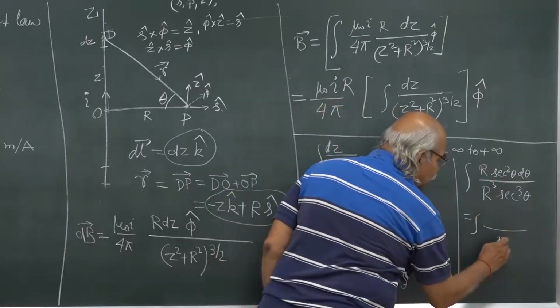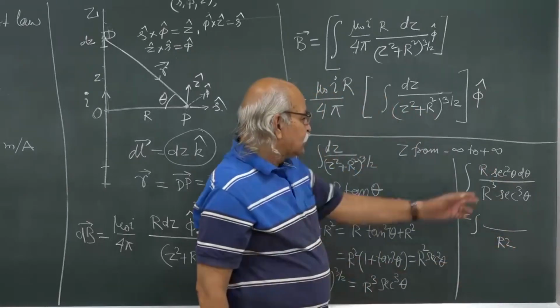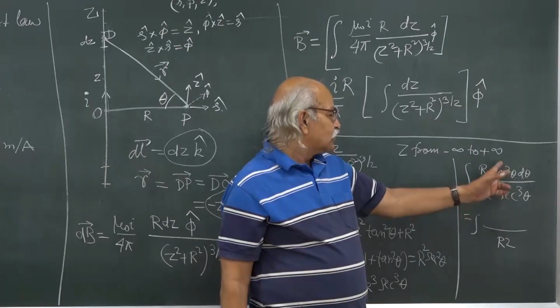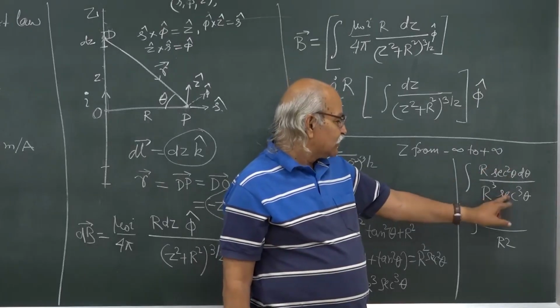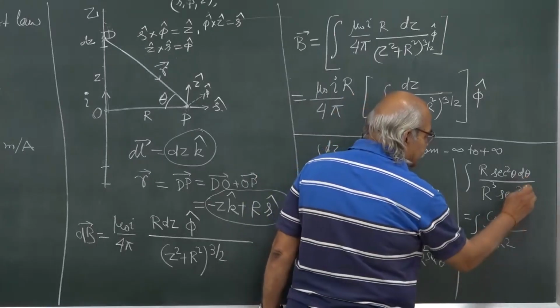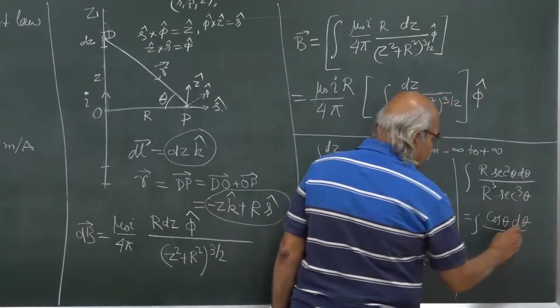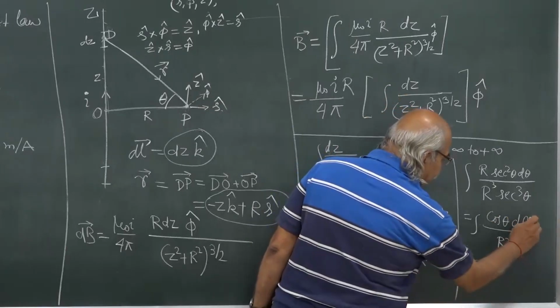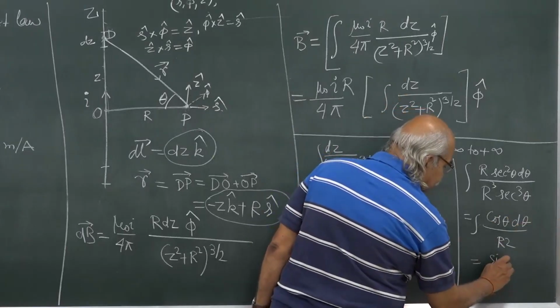So r square goes here, sec square here, sec cube here. So you get sec here, which will be cos theta. So this is cos theta d theta,